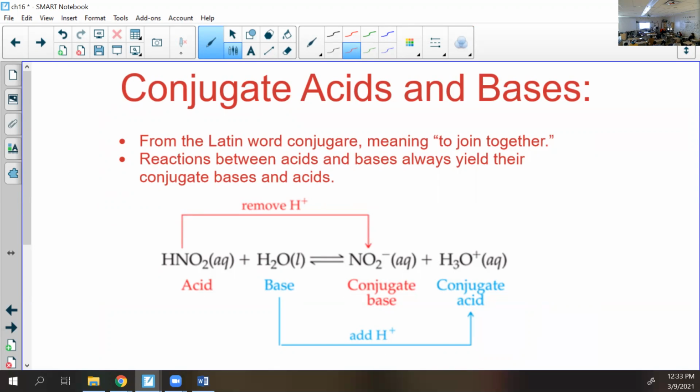Reactions between acids and bases always yield their conjugate bases and acids. So it's not that bad. We look at it the following way. If we have an acid and we react it with a base or water,